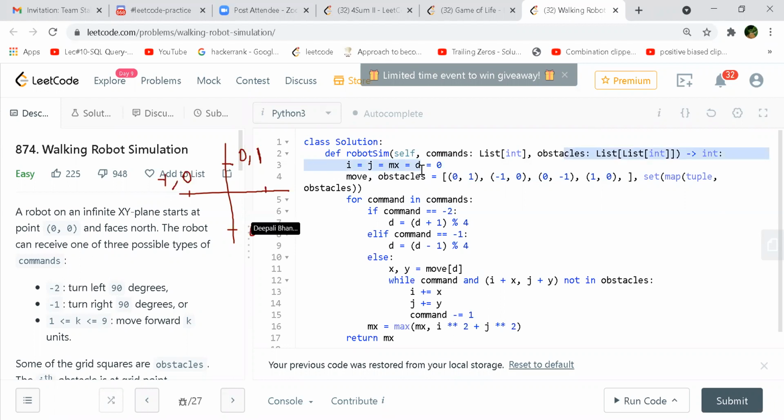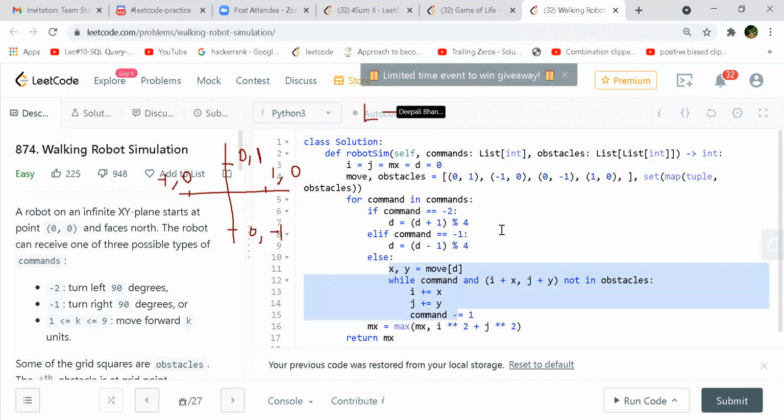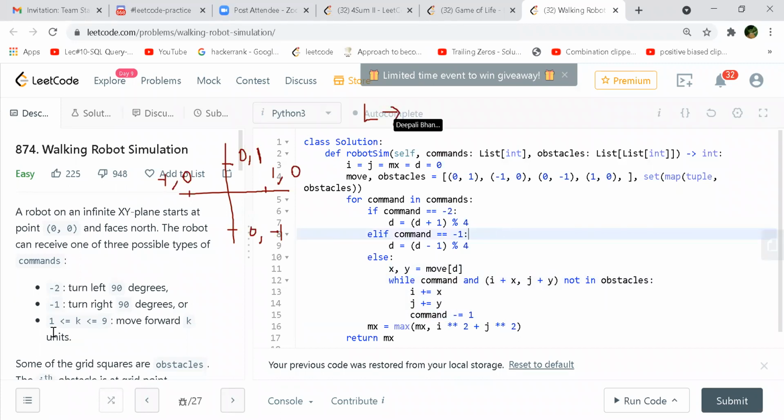At that time, D will be 1. If it is -2, D will become 1. So here you are taking x comma y as move of D. No, this is the general case. This is for the last case. And those two are the special cases, 90 degrees left and 90 degrees right.